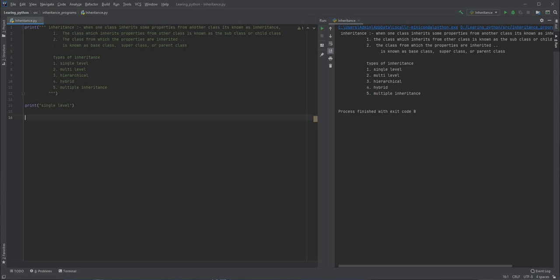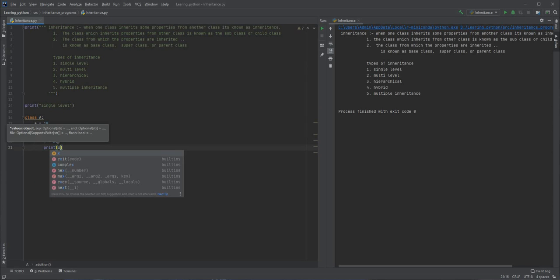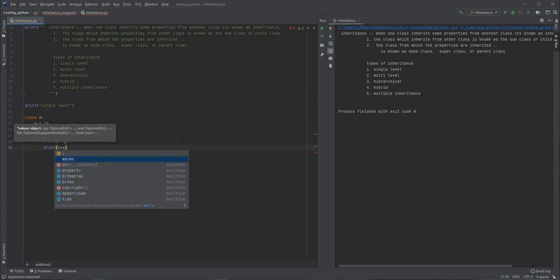So let me write it here like this. I have a class, let's say A. In this some properties are there. An integer value is there, whose value is 10. Then there is a function called addition. This addition function has 2 variables, integer x equal to 10, and y equal to 20, and when called it will give the result of x plus y. So these 2 properties are there.